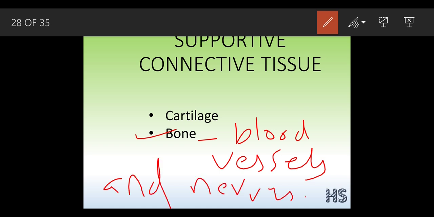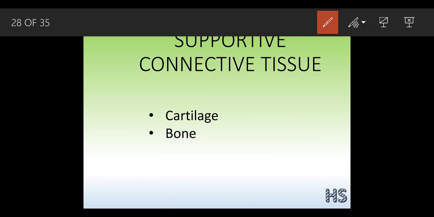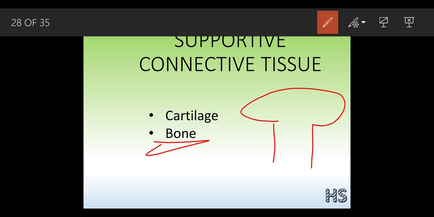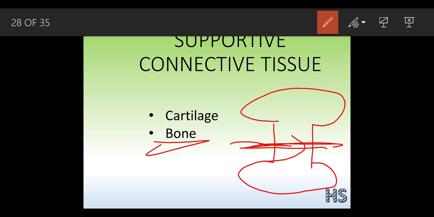So what is the difference between these parts? Suppose this is a bone. Whenever there is a breakage in this bone, we call that condition a fracture. Whenever we get hurt on our bones and the bone cracks, it causes a tremendous amount of pain. Why does it cause a tremendous amount of pain? Because bones are made up of blood vessels and nerves.